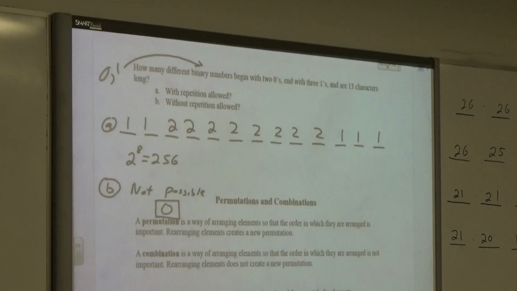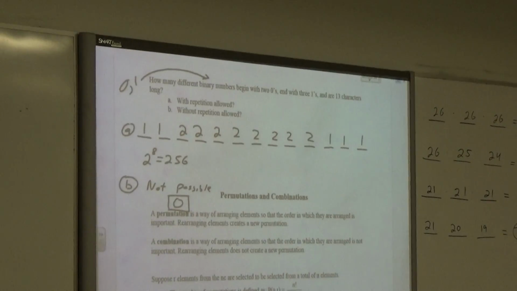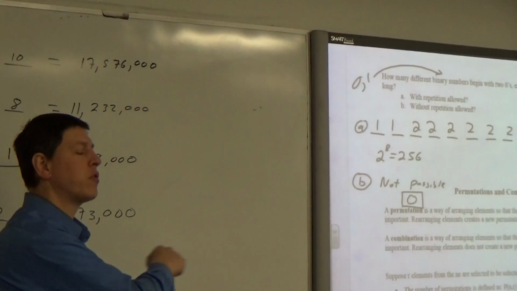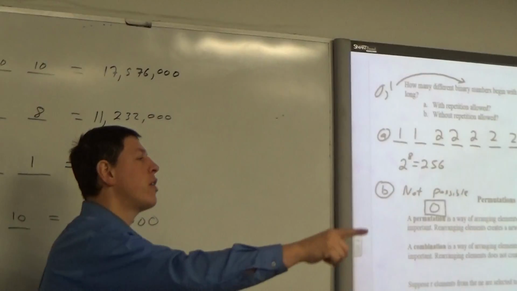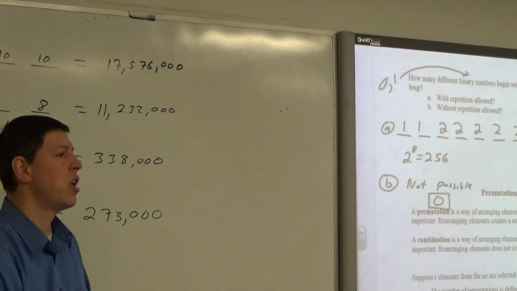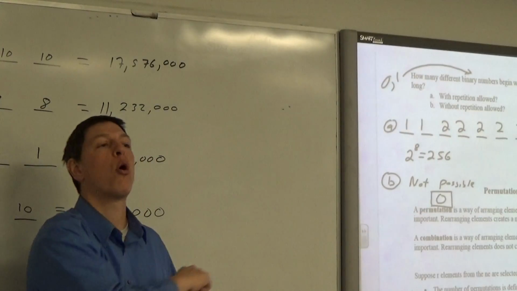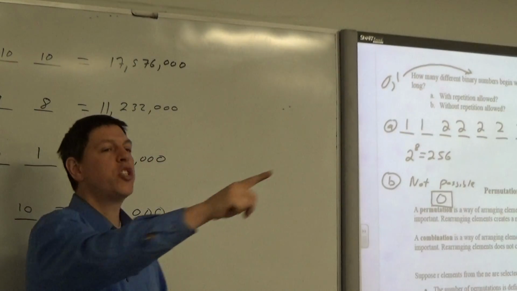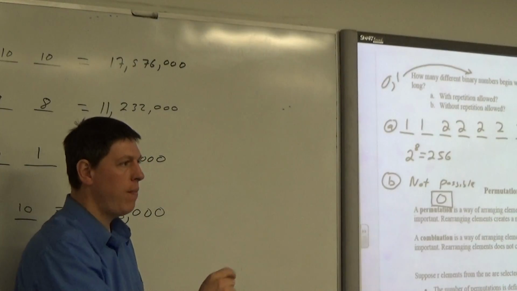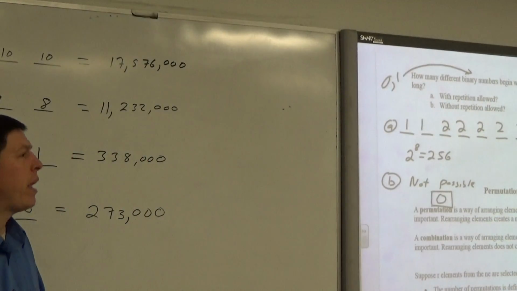The difference is that in a permutation, order is important in which things are selected. Let me give you an example of a permutation. Let's say I start up here with Adam, and I give Adam $500. Then Angeliki gets $490, and then Paul gets $480. Each time I go through a person, I give them $10 less. Does it matter what order you are in the class? Absolutely. That is a permutation. The order in which you are seated or arranged matters. Any of you ever played the lottery? Is the lottery a permutation? Yeah, because